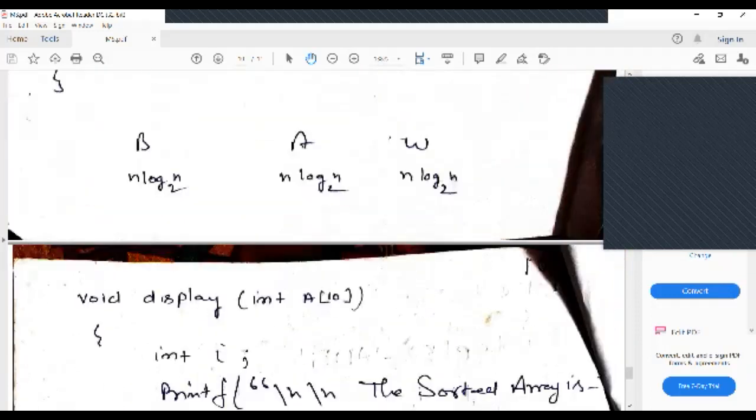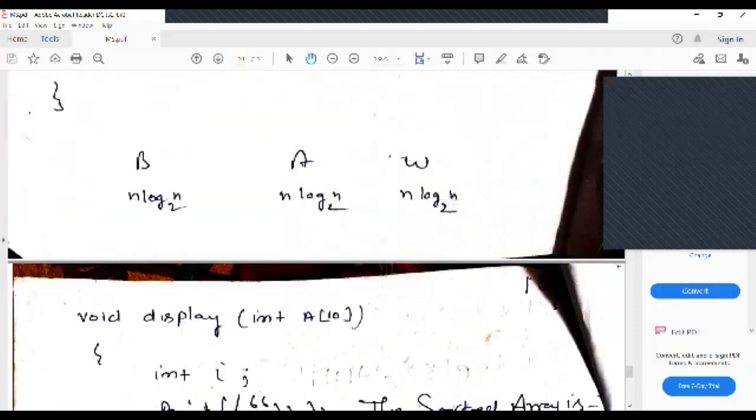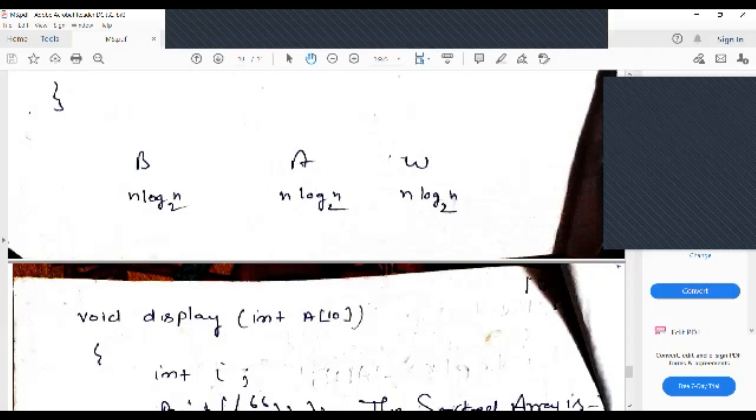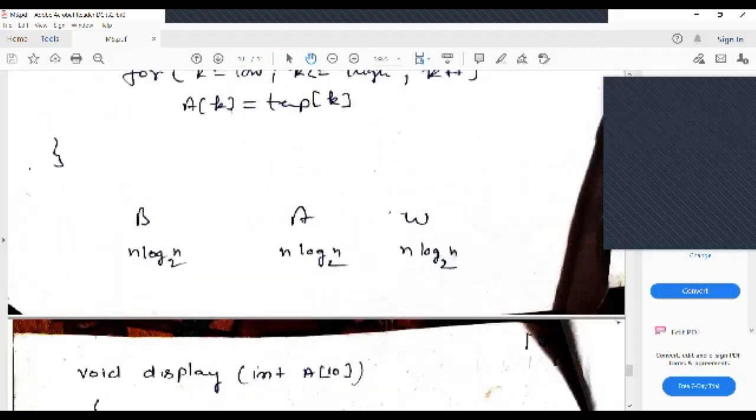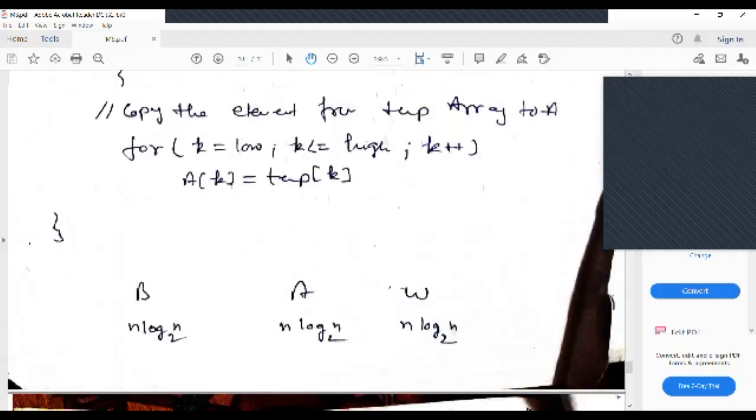So implement, I will create an assignment in Google Classroom. You have to implement this merge sort with the procedure which I have discussed, and along with the complexity. So complexity I have to discuss after this, after a short break. That is, first meeting has been over. ठीक है, अब second meeting, I am starting this second meeting and I will discuss the complexity of this merge sort. Okay, ठीक है, तो इसको मैं over कर रहा हूँ.